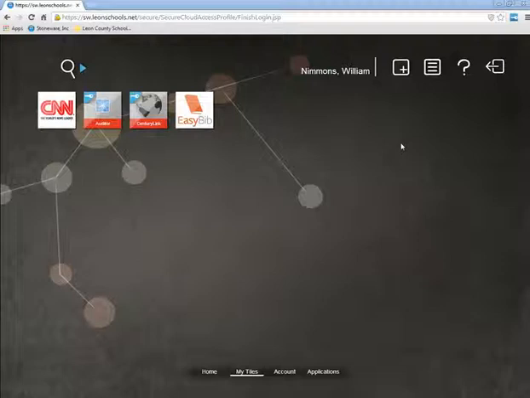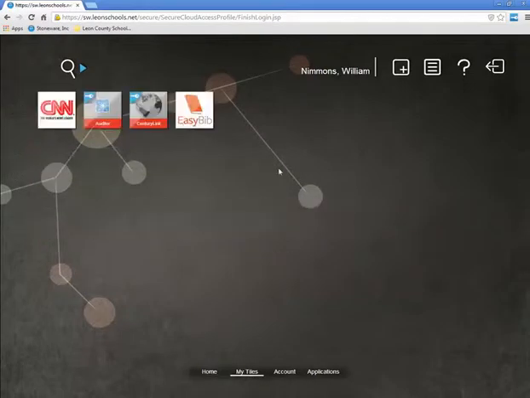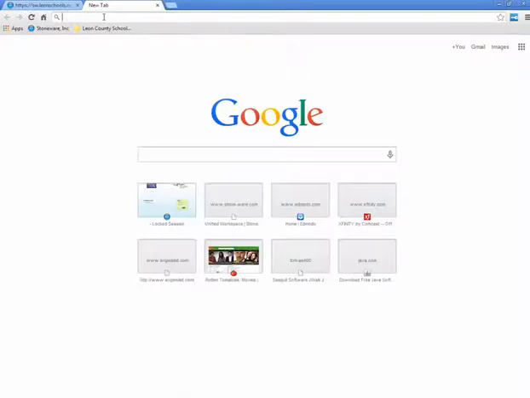So first, if you're going to use Webpass, you're going to create a personal site you want to go to here. Then you go to My Tiles, which is where I'm at right now. If you're on Home, just click to My Tiles and you're there. But the first thing you need to do is go out to Stoneware and download the extension for either Chrome or Internet Explorer. You can do that by going to the website